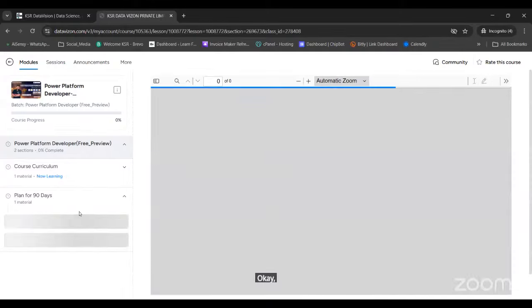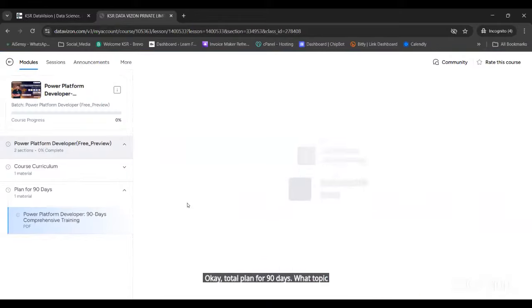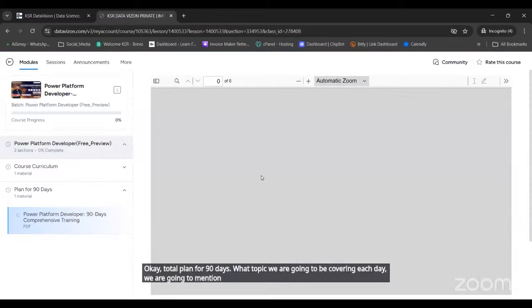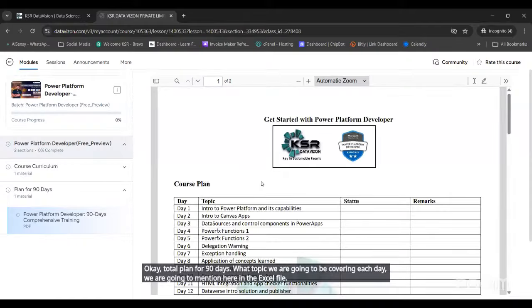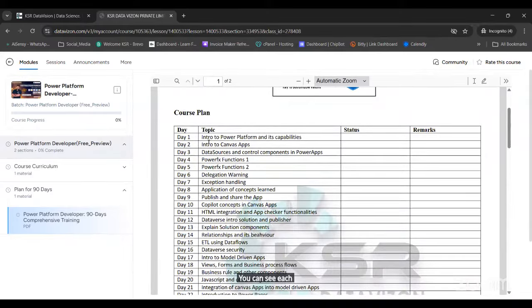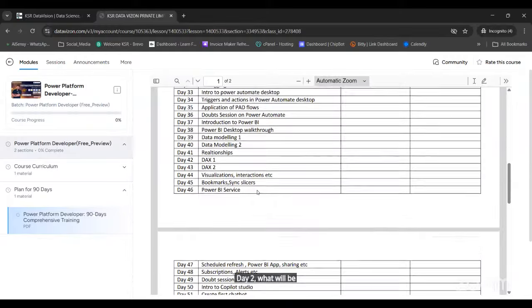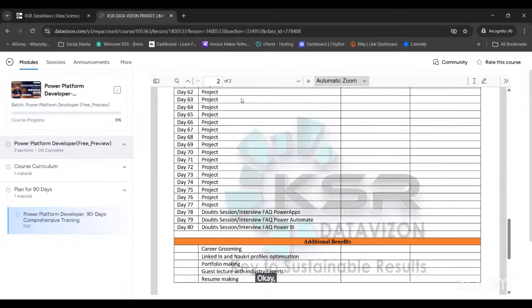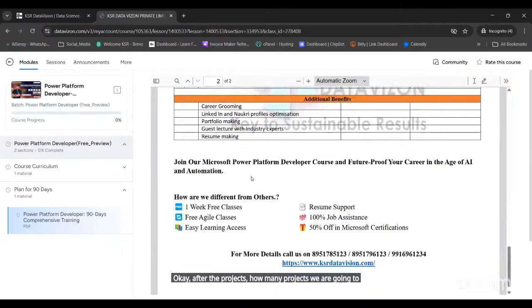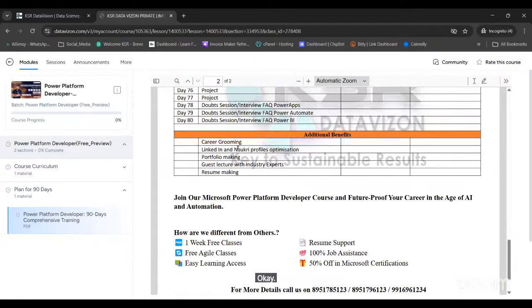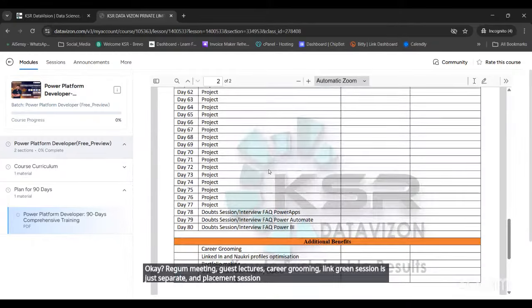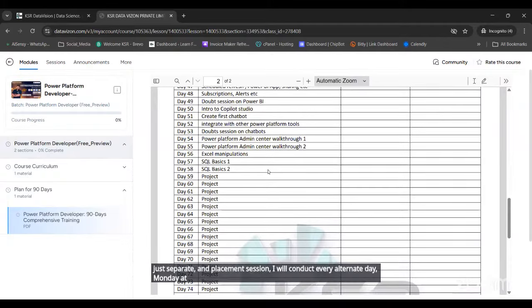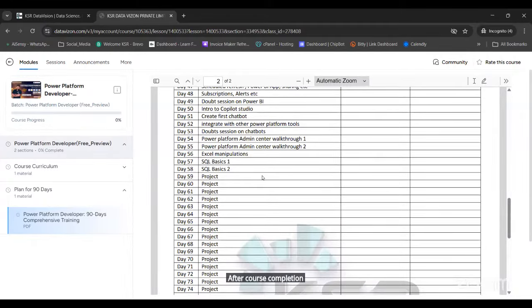It's a total plan for 90 days. What topics we will cover each day is mentioned here in the Excel file. You can see each topic: day 1, day 2, day 3. Also how many projects we will handle after that. Resume making, guest lectures, career grooming, and the LinkedIn session are separate. I will conduct the placement cell session every alternate day: Monday at 11 o'clock, Wednesday at 4 o'clock, and Friday at 7 p.m. After course completion, even for the next 2, 3, 4 years you can join. If you need any additional support,